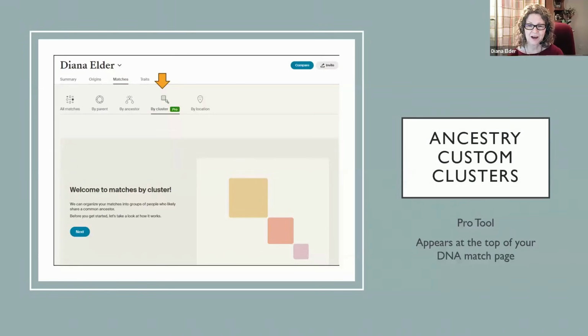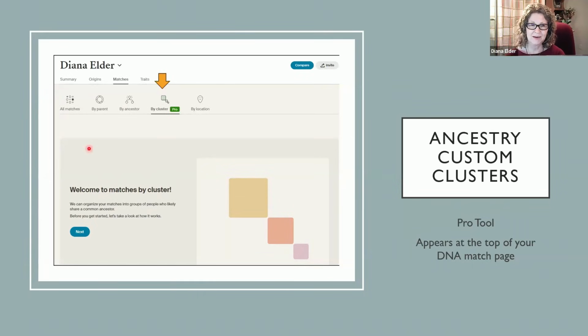So we are going to talk for a bit about the new Ancestry custom clusters. This is a pro tool, so if you subscribe to Ancestry Pro Tools, you may be seeing this now. I know they rolled it out gradually, but when it first came out, you could only do the clustering tool with just the set amount of centimorgans, and you couldn't do anything custom with deciding who you wanted to be your target match. You just basically took what they gave you. But now they have announced their custom clusters. And so I thought I'd just do a little demo and give some ideas of how that could be useful